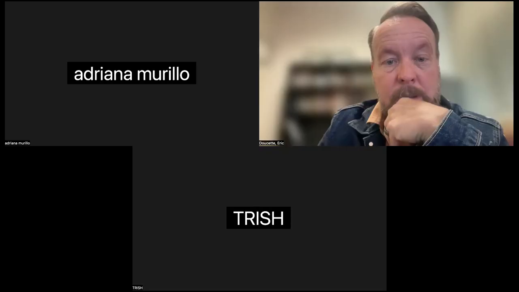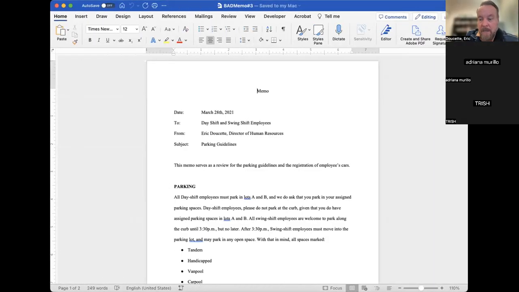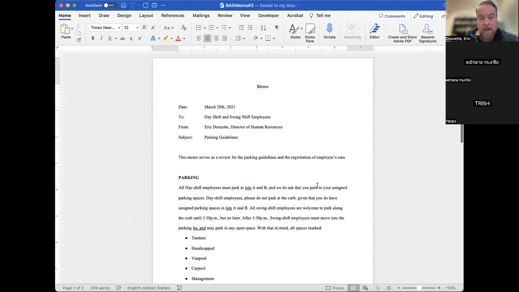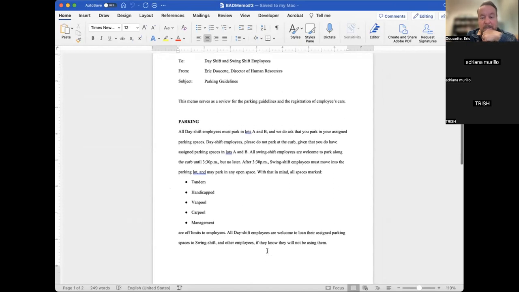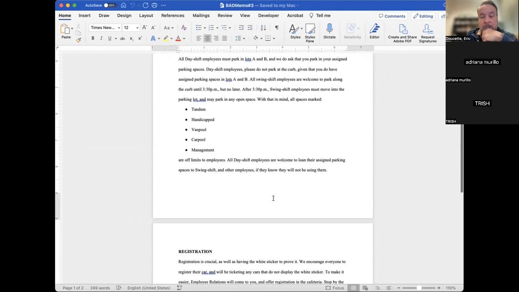Don't save. All right, let's look at another bad memo, memo 3. Let me know that you can see that, please. I can. Okay, so here they did a good job on the title block, but what's wrong with the rest of it? What's wrong with the paragraphs? They are double spaced. Double spaced paragraphs, exactly. Now they did use some headings, I appreciate that. And they did also use a bullet list to break up the different spaces that are marked. I don't know that that's the best use of a bullet list, but they did have a bullet list.